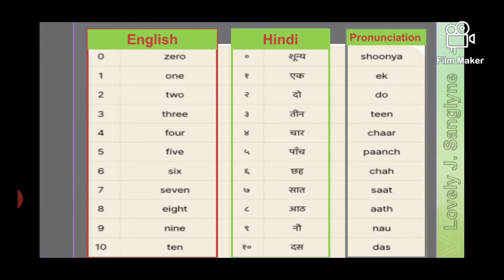So now in this slide you can see to the left we have English numbers from 0 to 10, and in the middle Hindi numbers and the counting of these numbers from 0 till 10. That means shunya till 10, and the pronunciation is